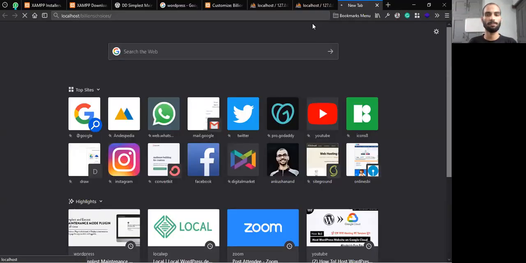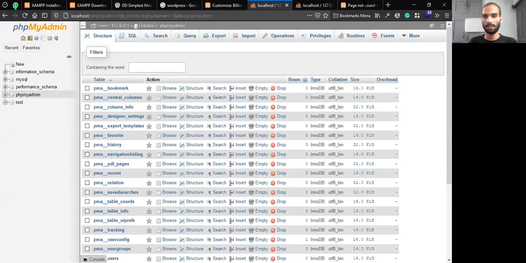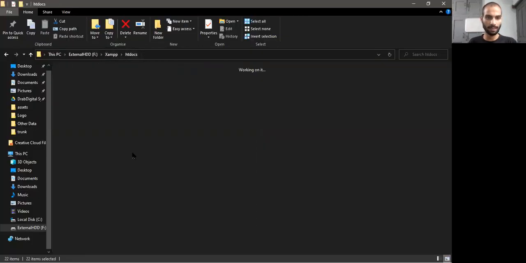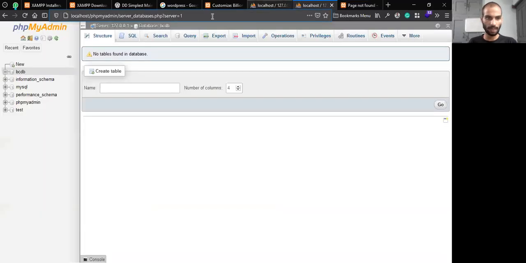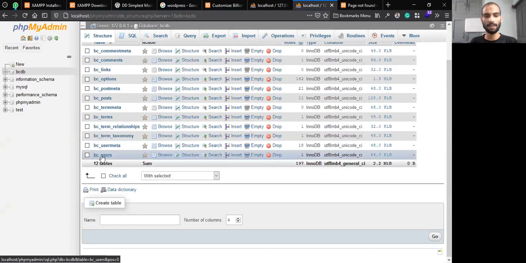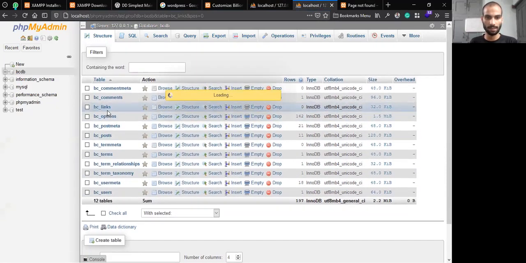Just a second, it will load up. Yeah, here you can see this website is loaded because I have installed WordPress in this folder, and all the settings in the database are for that folder only. So right now I will have to make the change in the database also. Simply removing it like this will not work. I have to change the setting in the database as well.